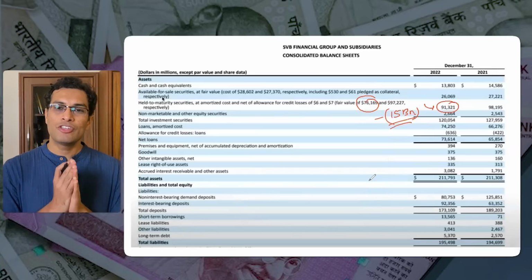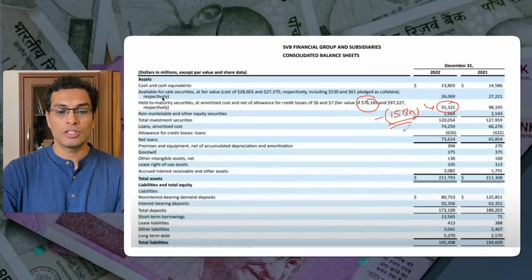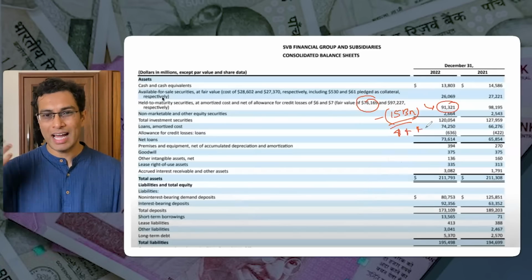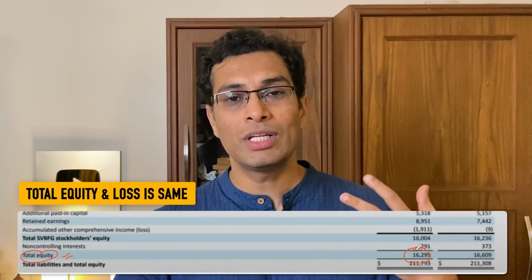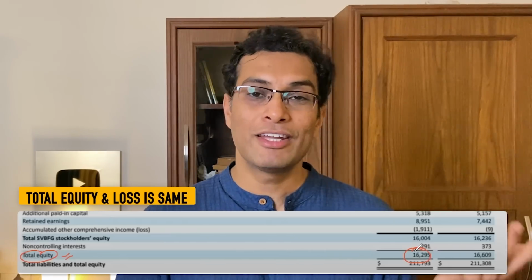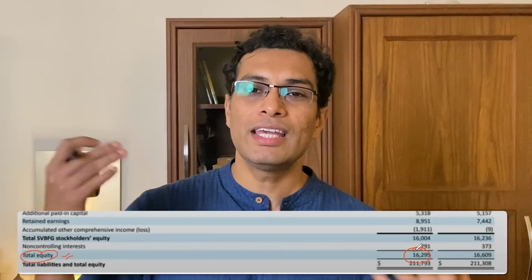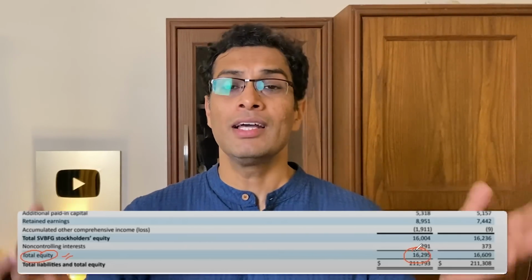Now, if the bank's balance sheet is really strong, then absorbing this loss of $15 billion is not that big a deal. But if you analyze the balance sheet further, what you will notice is that the value of total equity comes out to be roughly $16 billion. The loss that the bank is having is $15 billion, and total outstanding equity value is roughly $16 billion. In the event of any additional default, this bank is likely to collapse. So that is the specific reason why this bank collapsed like a house of cards and the regulators had to